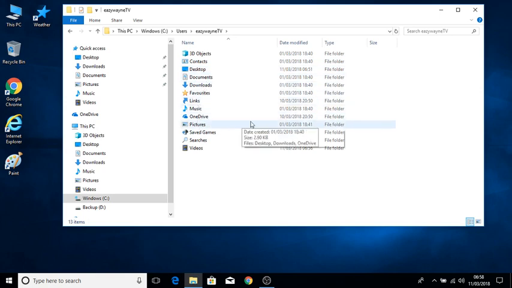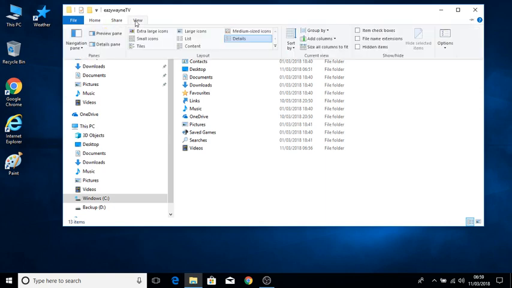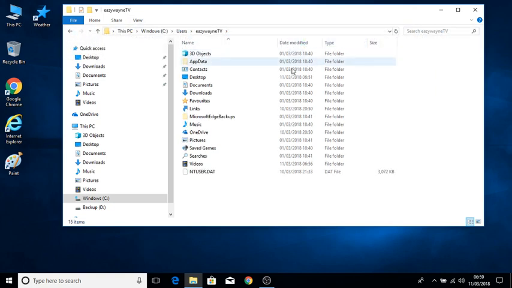Now in here there's a folder called App Data, but as you can see it's hidden. So if I go up to this ribbon bar here and I go to View, and I go over to Hidden Items, and I check the checkbox there, click that, and there you can see there's the ghosted out app data folder, and then there's another folder here for Microsoft Edge as well. So if I double click on app data folder,